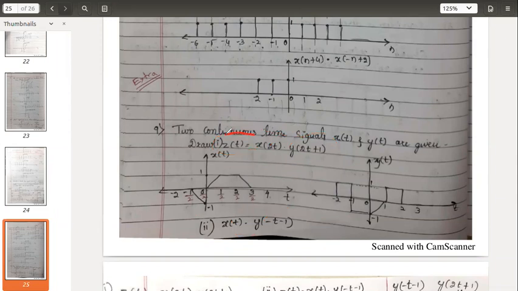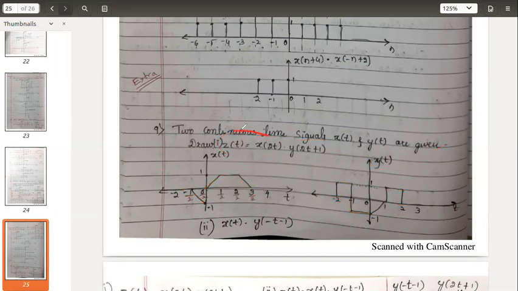Okay, so let us start with the solution of this first part. X of t and y of t are given to you. X of t range is between -1 to 3. You can see there is a constant slope, so a variety of amplitude is there. Check y of t. Range is between minus 2 and plus 2, and amplitude here is 1, here it is minus 1, plus 1. There is a ramp, again a combination of amplitudes. So if you solve these kinds of questions, you will get to learn many things. Many possibilities will come here.